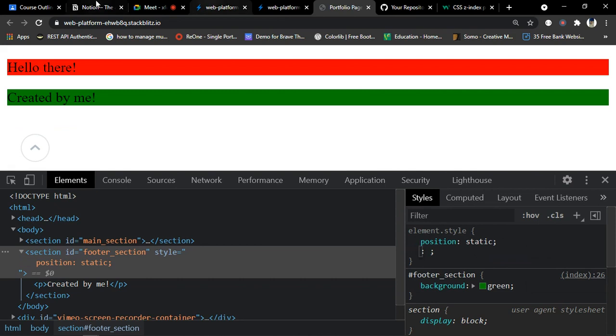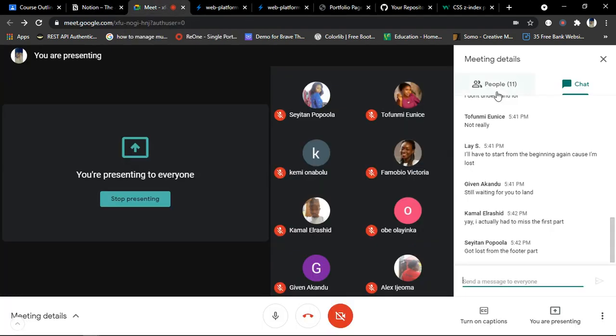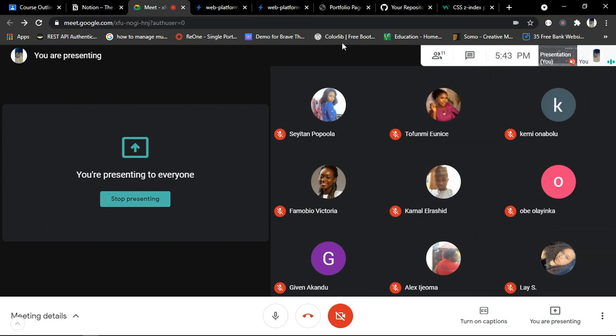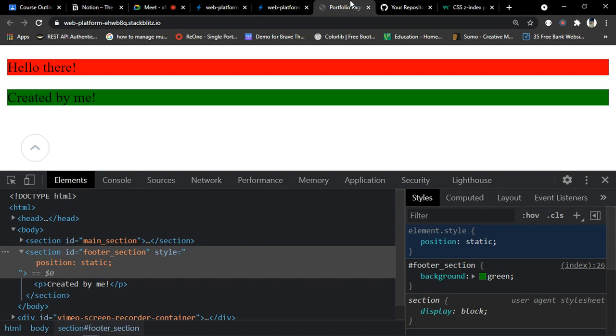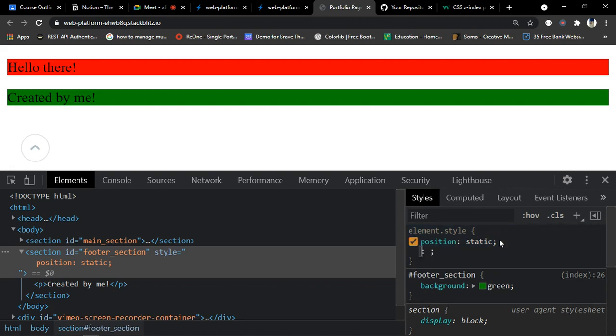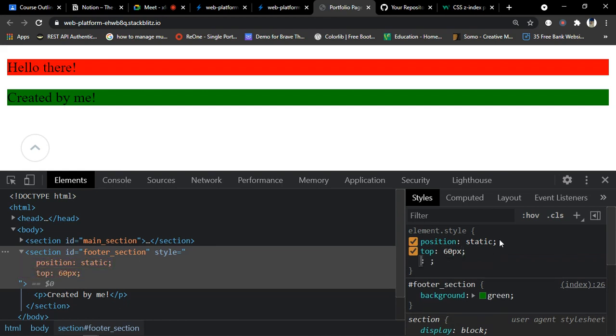But the thing about it being static is there are some CSS rules that you can't use with the static position property. I hope this part is clear. There are some rules you can't use with static, like the top I spoke about, the bottom, the left, the right properties. So if I say top 60px, nothing happens because it's position static. The browser is blind to anything that has to do with top, bottom, left, right,